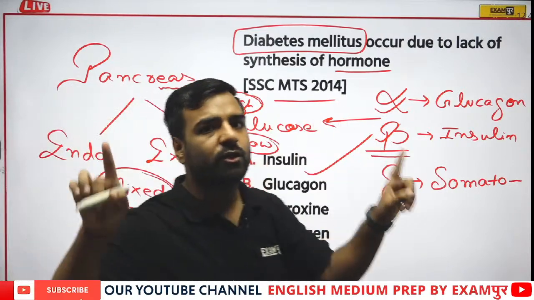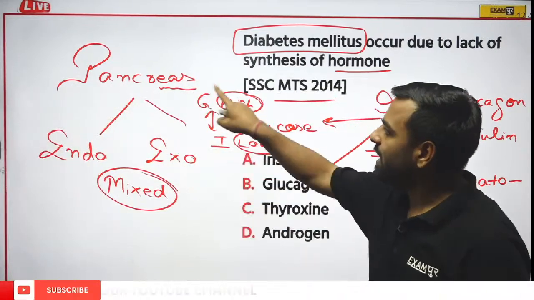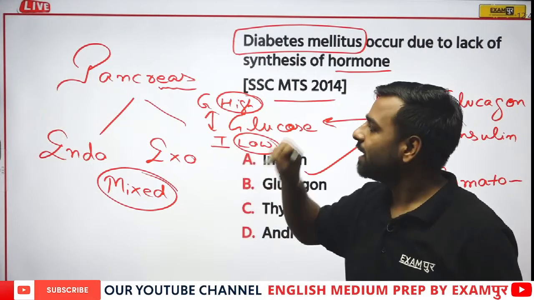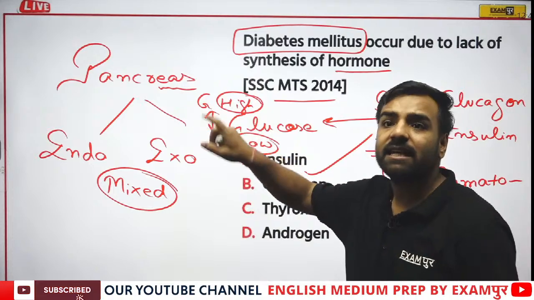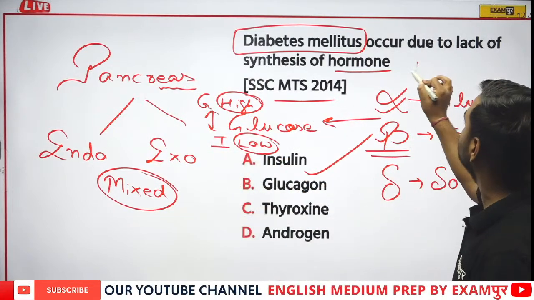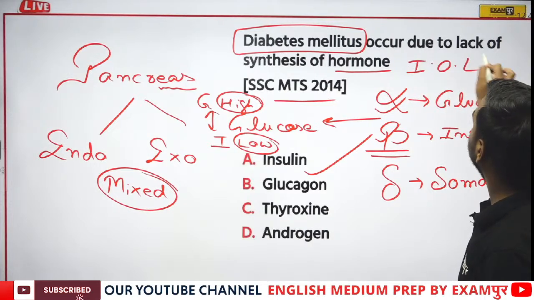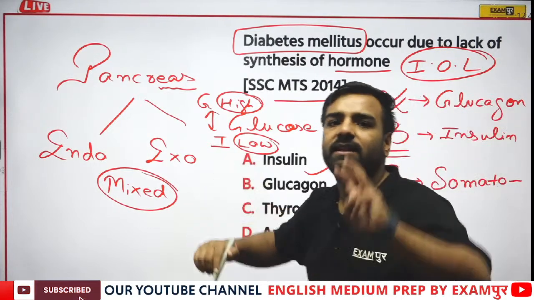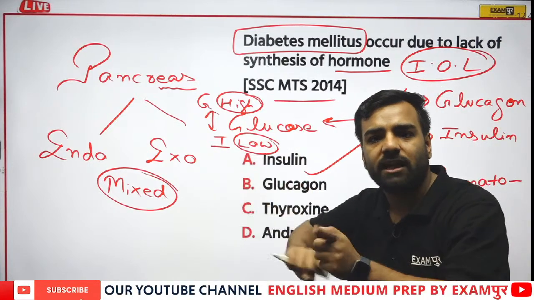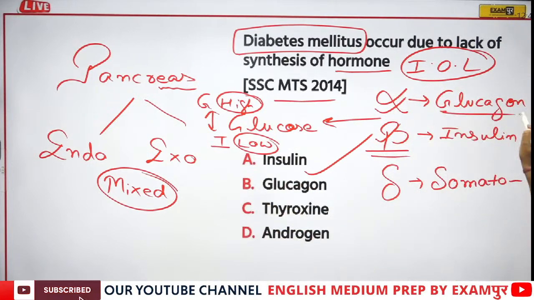So all the important questions are discussed in the same question. Pancreas is compound gland. Another question, pancreas is mixed gland. Another thing, pancreas is having which particular thing? So there would be different options. There would be islets of Langerhans. In islets of Langerhans, there are three types of cells, alpha, beta, delta. Now alpha releases what? Beta releases what? Delta releases what? Alpha releases glucagon, beta releases insulin, delta somatotrophin.